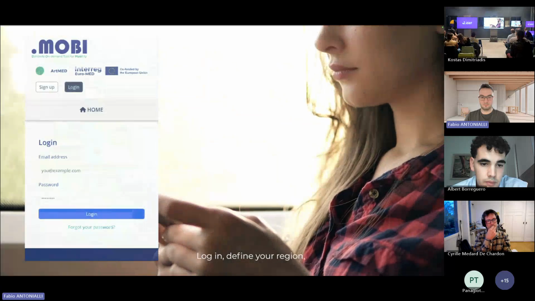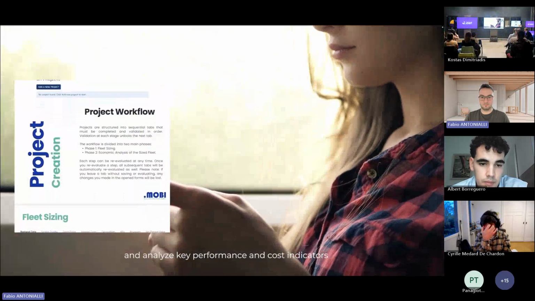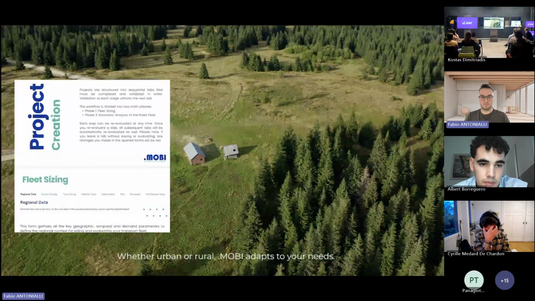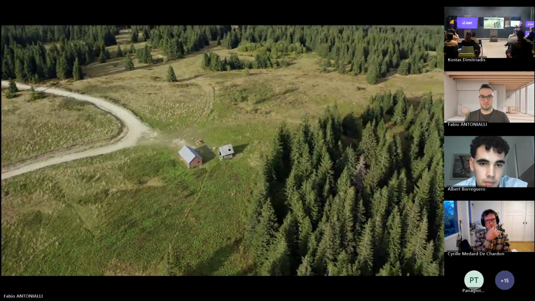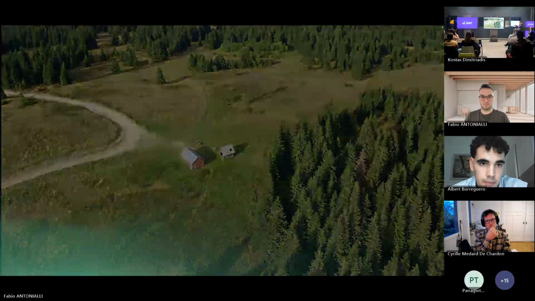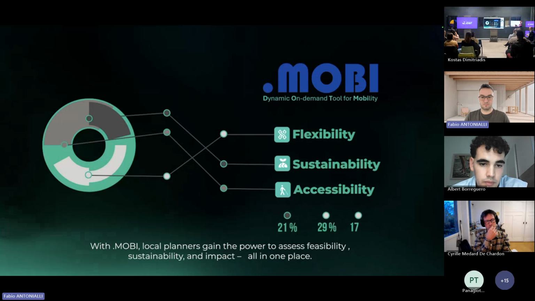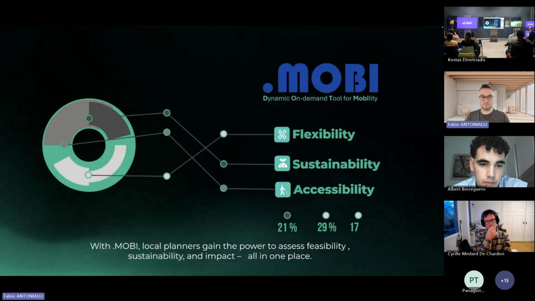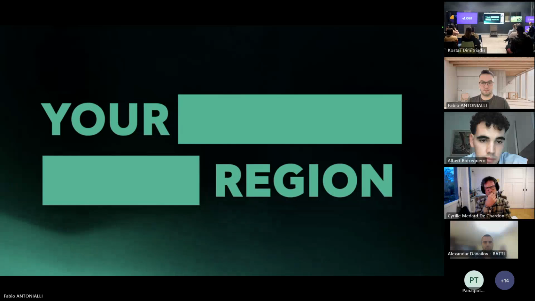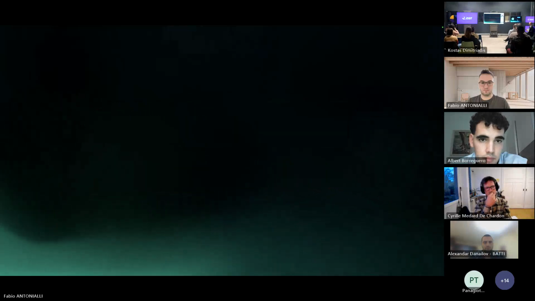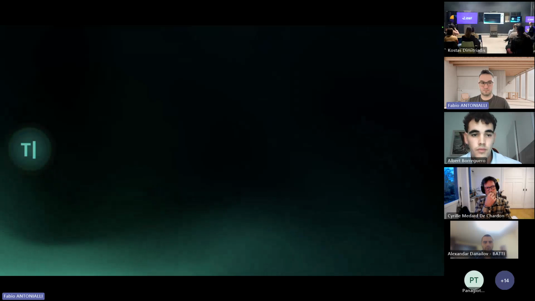Log in, define your region, simulate your fleet, and analyze key performance and cost indicators. Whether urban or rural, .mobi adapts to your needs. With .mobi, local planners gain the power to assess feasibility, sustainability, and impact, all in one place. Ready to transform mobility in your region?